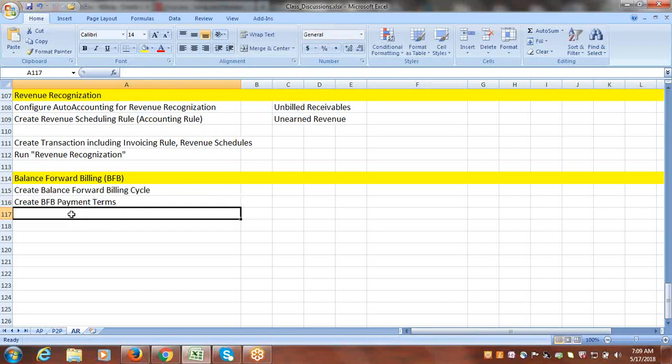So in the customer profile class level we have to enable the balance for billing, and the same balance for billing payment term also we have to include in that. We can do that for an existing customer profile class, or we can create a new one. We'll create a new one. So create a balance for billing customer profile class,